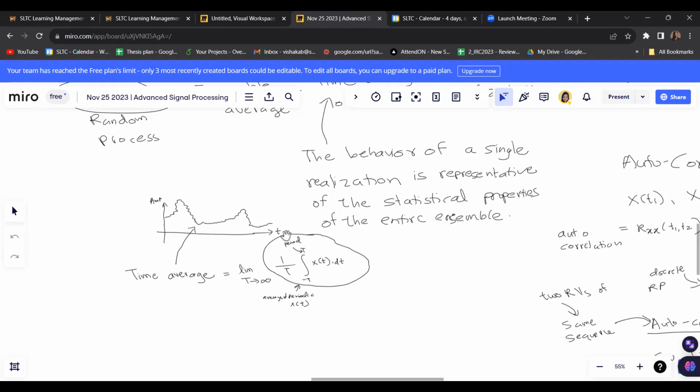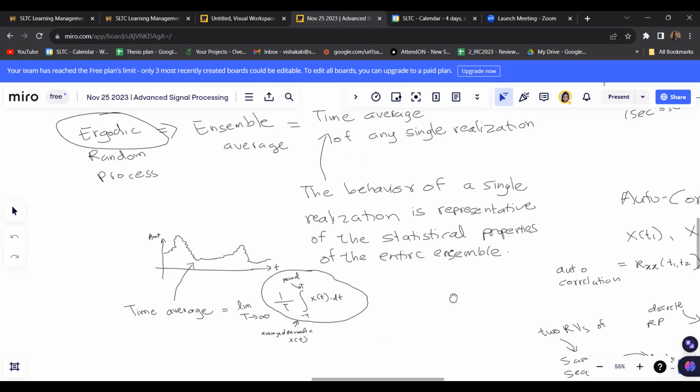However, we are using the conventional integration even inside this circle to find the average of the time signal, using the integration for finding the average in a periodic signal. So anyway, after finding the time average, if we observe that the time average value is equal to the ensemble average value,